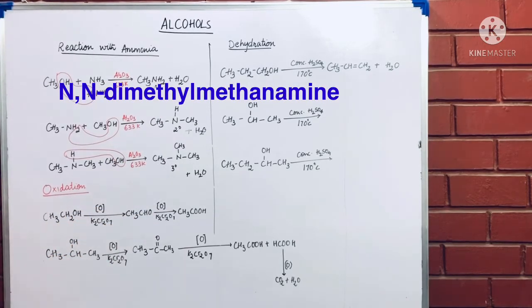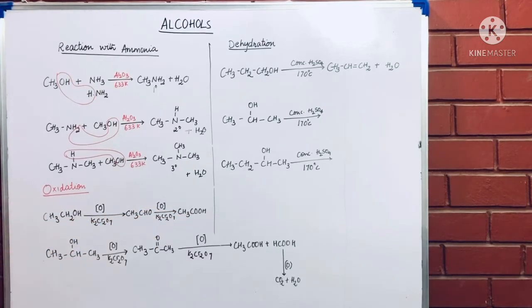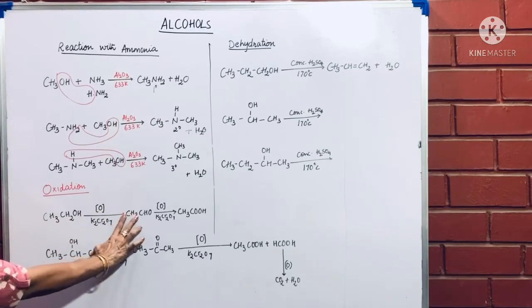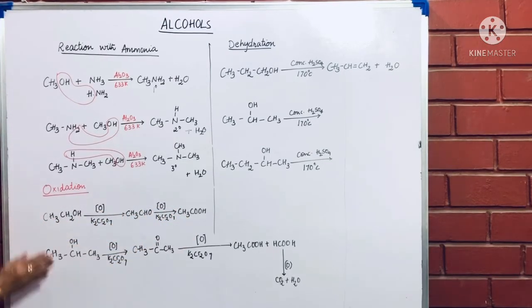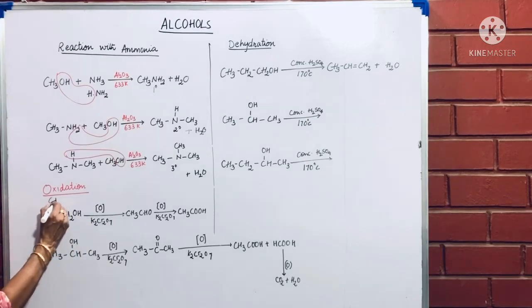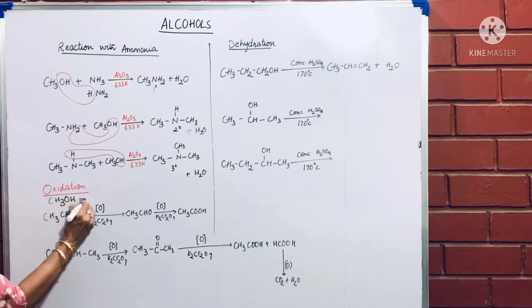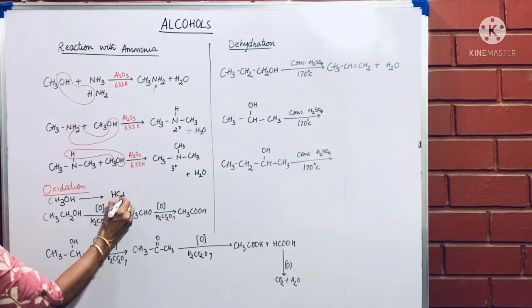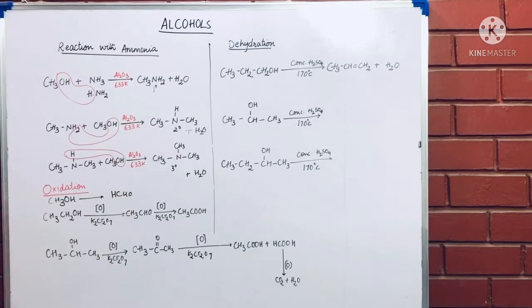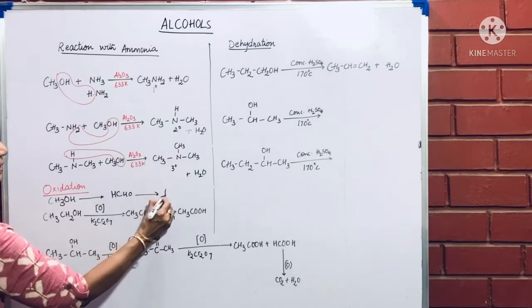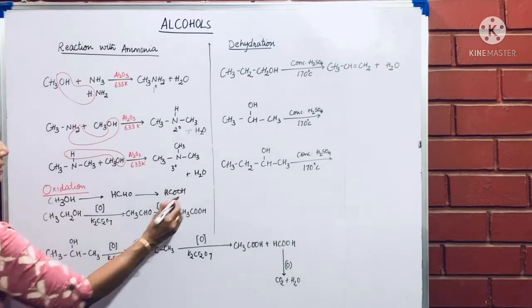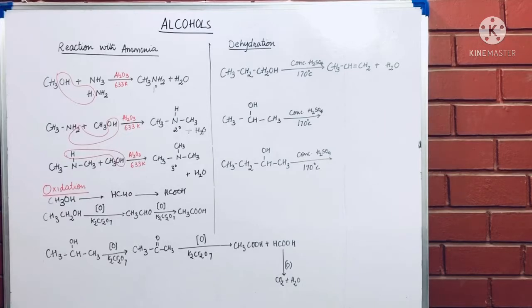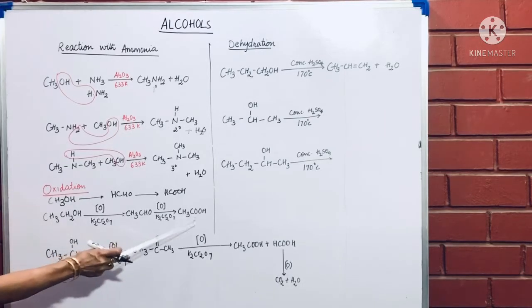If oxidation takes place, you already know alcohols change into aldehydes into acids. So just be careful of 2 carbon atoms here, 2 carbon atoms here and 2 carbon atoms here. Don't change the number of carbon atoms. If I am beginning with 1 carbon atom CH3OH, then on oxidation first HCHO aldehyde containing 1 carbon atom and similarly an acid containing 1 carbon atom is formed. So alcohol to aldehyde to acid.